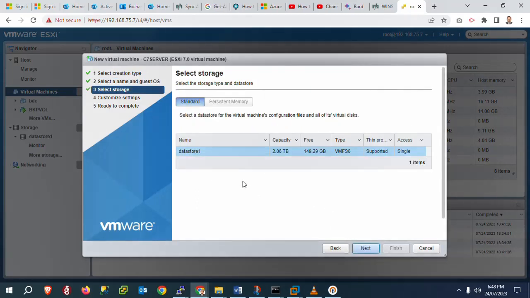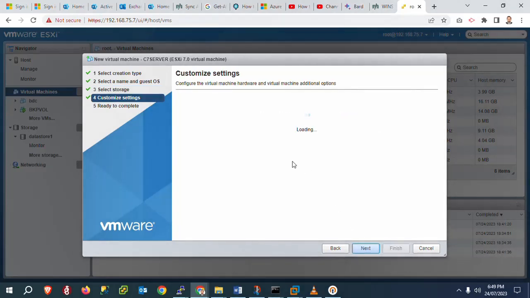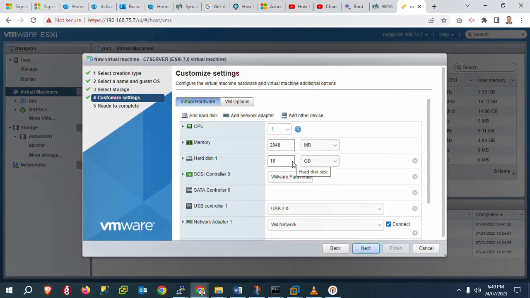Once you click on next, you will jump to the storage. Select which storage; I selected datastore 1, and the capacity is 2 TB. Just click on next. Once you click on next, you will jump to the virtual hardware section. In the virtual hardware section, I will assign a 4 core CPU,